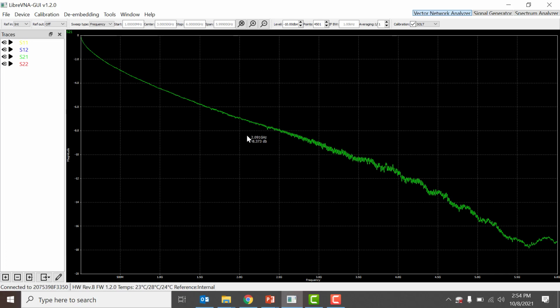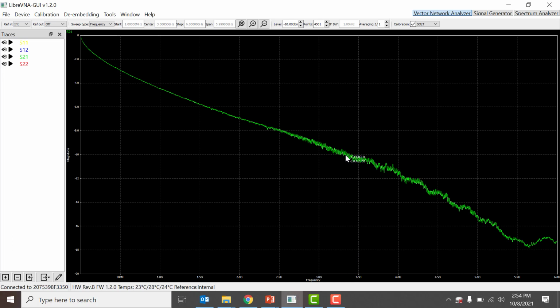And so the green line is the measured transmission coefficient. What you can see is at low frequencies, the transmission coefficient is close to 0 dB or 1. But as we go higher and higher in frequency, this transmission coefficient gets lower and lower and lower. The decibel scale, the way you would convert, say, minus 10 dB, which is right here between 3 and 3.5